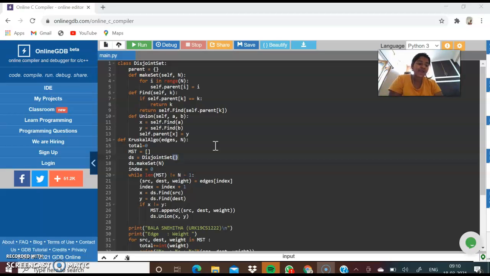A minimum spanning tree of a connected graph is a subset of the edges that forms a tree and that includes every vertex, where the sum of the weights of all edges in the tree is minimized.